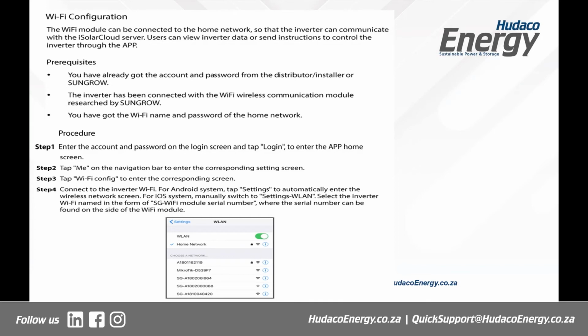And then from there, you connect to the inverter's Wi-Fi. If you are using an Android device, you tap settings to automatically enter the wireless network screen. If you are using iOS, you manually switch to settings and then WLAN, and you select the inverter Wi-Fi named in the form of a serial number, like these ones that you see here. It's SG something something. The number that comes after SG is the serial number of the Wi-Fi